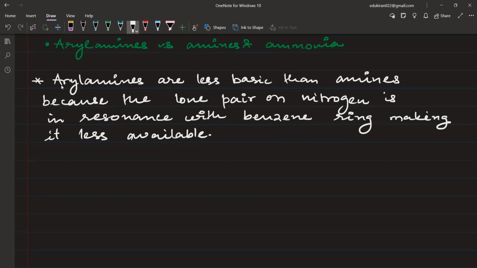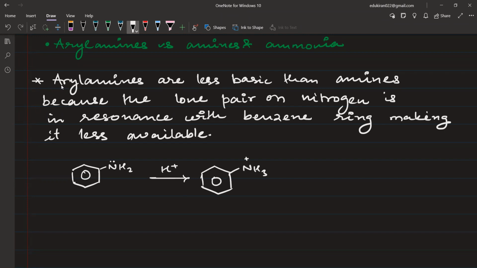Please see, here we have aryl amine, a simple aniline, NH2 in the presence of H plus. It will become NH3 positive, ठीक है।